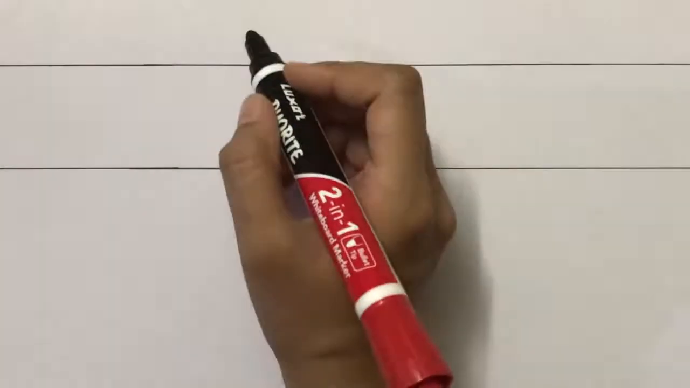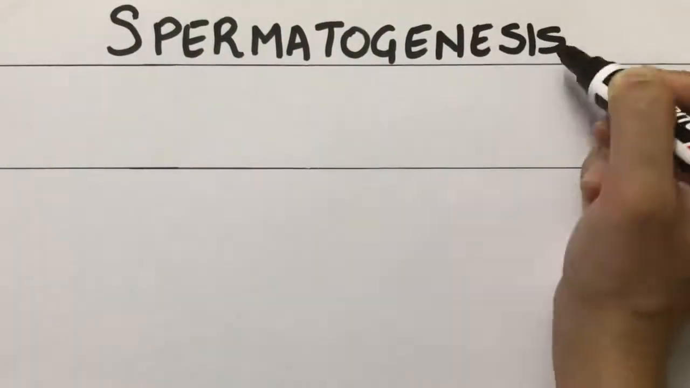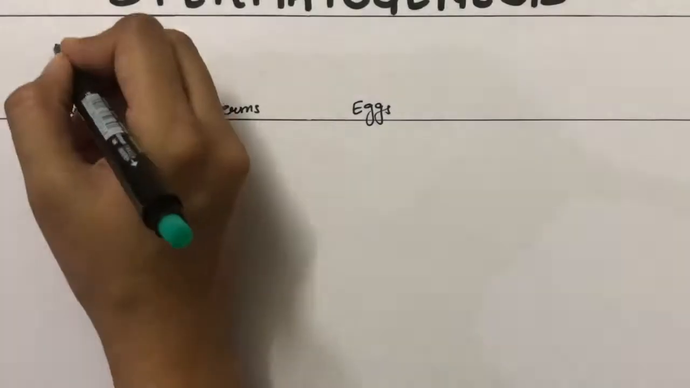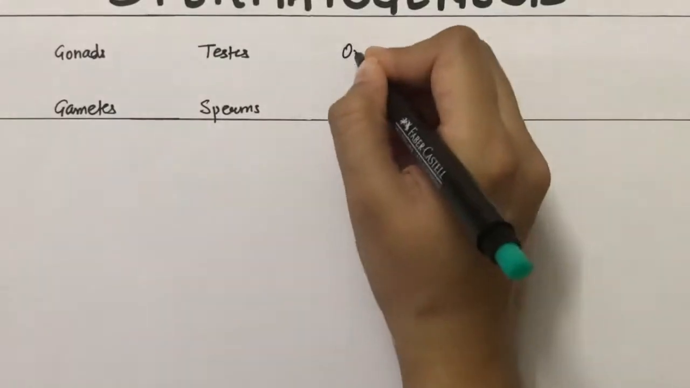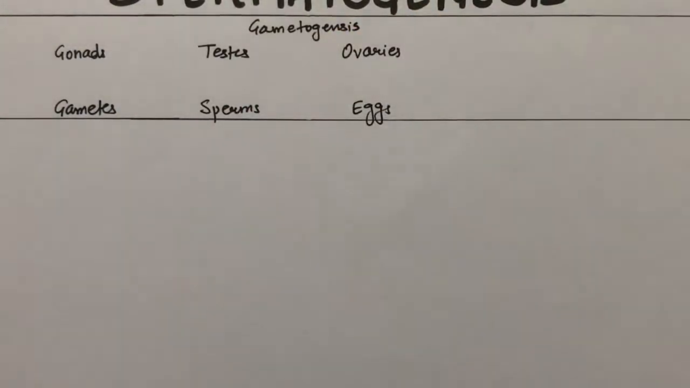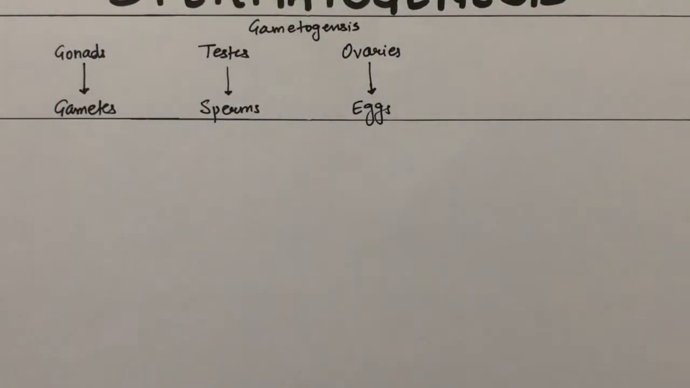In today's video, we're going to discuss gametogenesis, specifically spermatogenesis. Gametes or sex cells, that is the sperm and the egg, are produced in gonads, which are paired sex glands, that is testes in males and ovaries in females. They are responsible for carrying out the process of reproduction. The process of producing gametes is called gametogenesis, in which a diploid precursor cell undergoes meiotic division to form